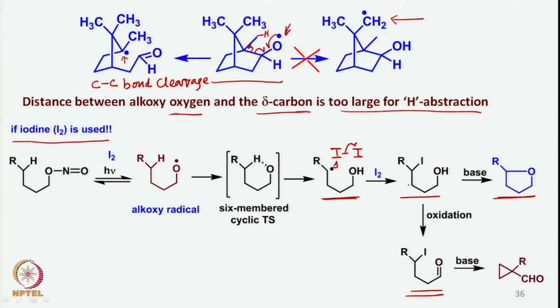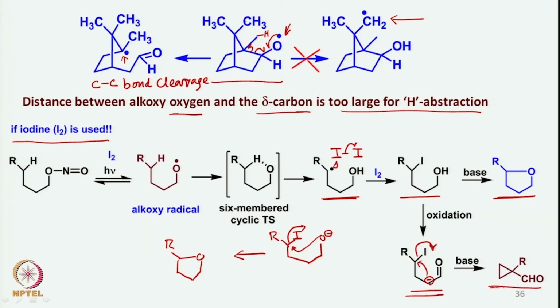So, if we take this particular iodo compound and react it with a base, then you generate a negative charge here that can attack this carbon and form the corresponding tetrahydrofuran based product. On the other hand, if we oxidize this alcohol to the corresponding aldehyde, and then we use a base, you can generate an anion alpha to the aldehyde, and that undergoes an intramolecular reaction to form the